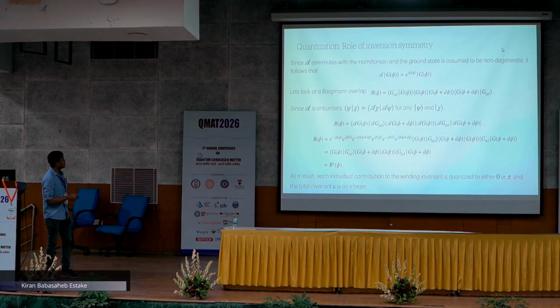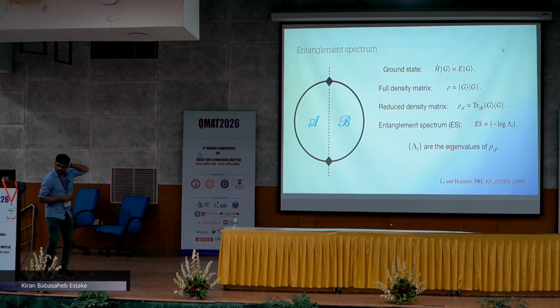Now it can be shown that this anti-unitary symmetry leads to the fact that this B phi, which was used in defining Pancharatnam's winding number, is a real quantity. Because of this anti-unitary symmetry commuting with the Hamiltonian, B phi is real, and since real numbers can only have phases 0 and pi, and we are summing over these phases, Pancharatnam's winding number is always going to be quantized as long as the Hamiltonian satisfies this anti-unitary symmetry. An important point here is that it need not be an inversion symmetry. We just need some anti-unitary symmetry commuting with the Hamiltonian for the quantization of Pancharatnam's winding number.